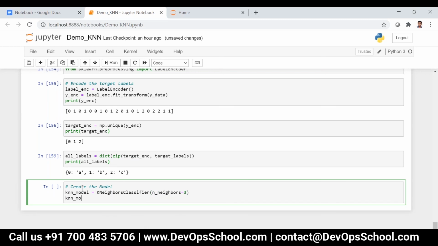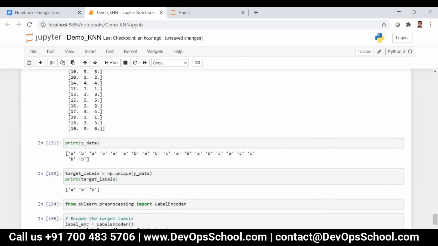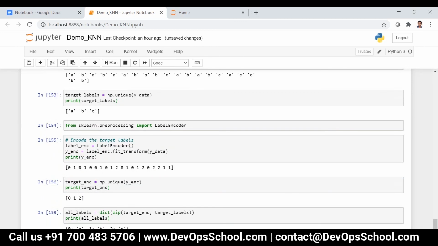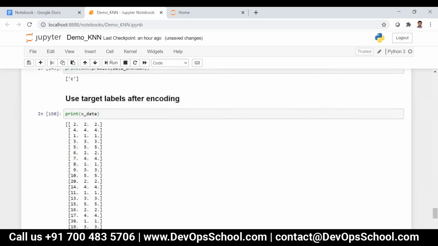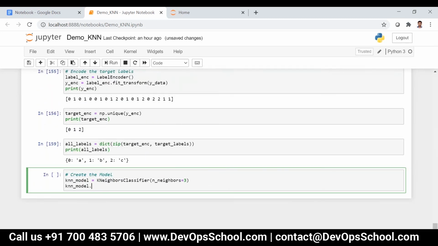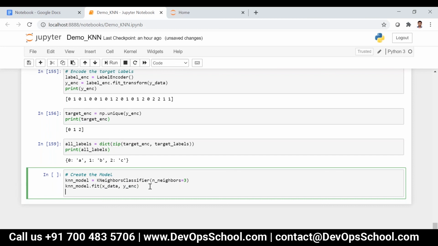And then knn_model.fit with X_data and then y_enc. We have to give it like this. And then y_predict is equal to knn_model.predict of X_data. It's done now.